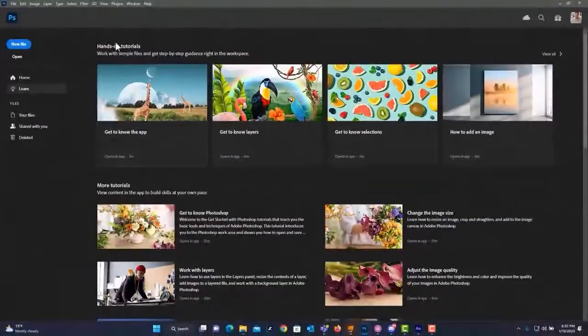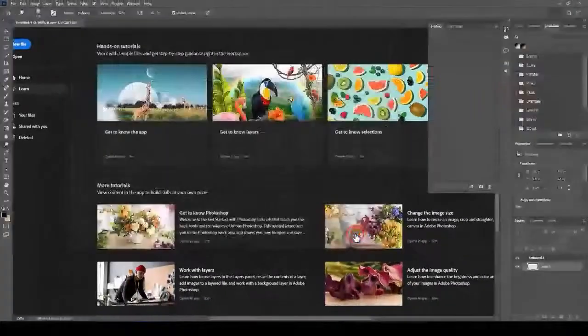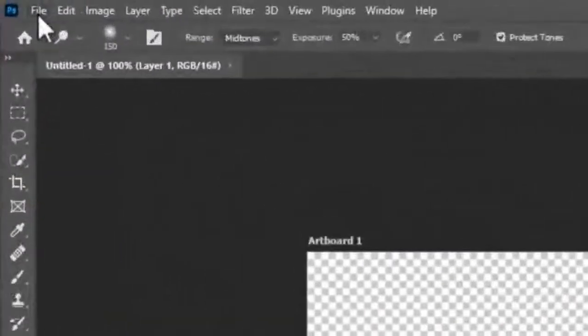So in Photoshop, I'm going to click to create a new file. Now I have a preset Storyline widescreen 960 by 540 that I've saved as a preset because I do a lot of work like this and I want the size of the presentation. But I want to point out that the resolution that I use is 120 resolution, and the color mode, I usually use 16-bit, which is in between the 8 and the 32. Go ahead and create this, and then I will place as a smart object